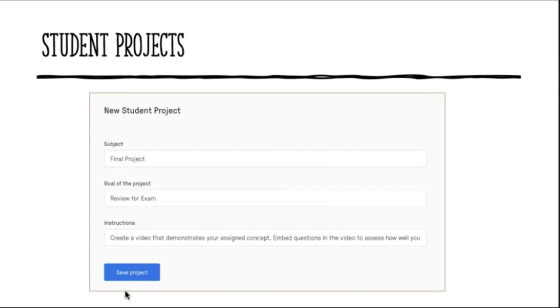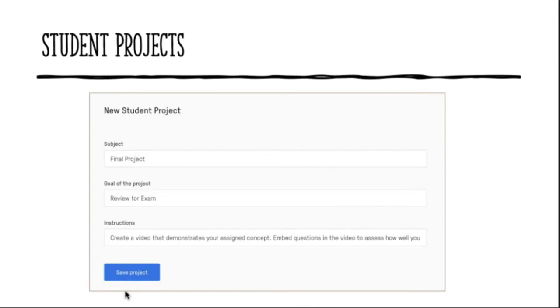Everybody, you guys are chapter 1, you're chapter 2, you're chapter 3, and maybe they make a PowerPoint or they have to come to the game. I was going with that idea, but saying, let's make an Edpuzzle. So maybe they have to have a video. They also have to embed those questions in it, just the way you would to deliver your content. You could assign that to them, and then it's all organized in their account really clearly, prompting them to make an Edpuzzle, and organized for you on your grading end.